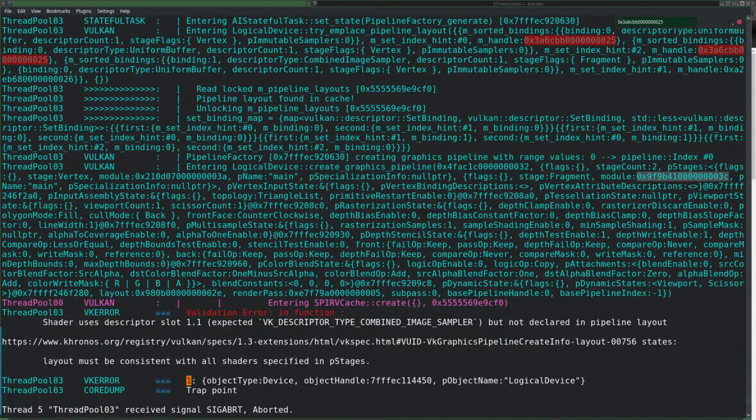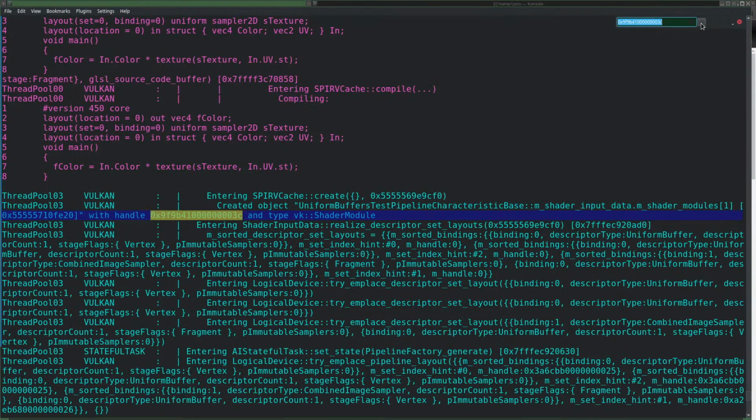I must say, I'm not sure. Okay, so it's up, down. Well, created object uniform buffers test pipeline corrected base shader input data and the modules 1 with shader whatever.